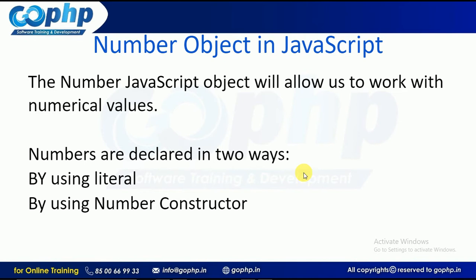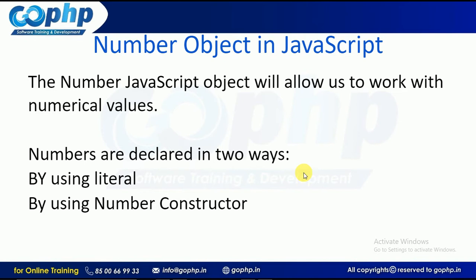In other programming languages, if I want to define a number, we have to mention the data type of it, whether it is an integer or float. But in JavaScript, whatever it may be, everything is going to be a number. A number with decimals, without decimals, whatever it may be, is treated as a number. We don't have any separate concept called floating point values and integer values. Everything will be treated as a number in JavaScript.